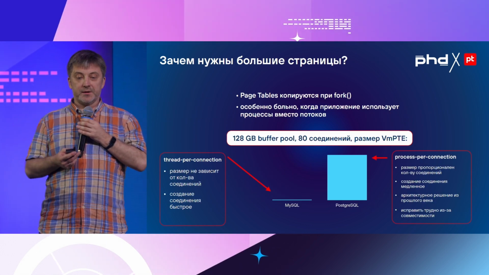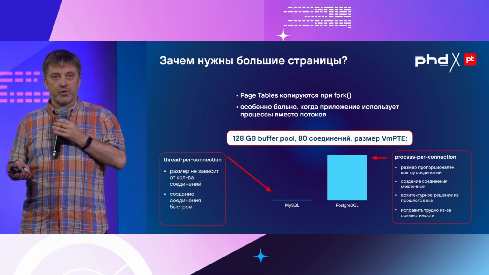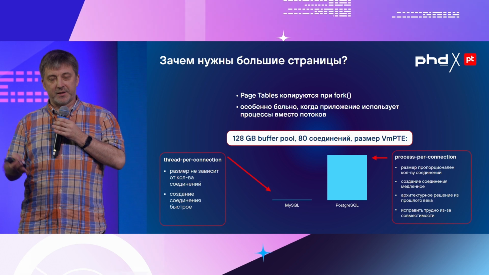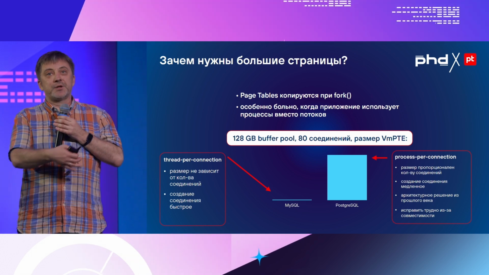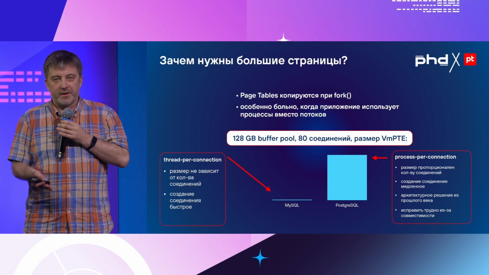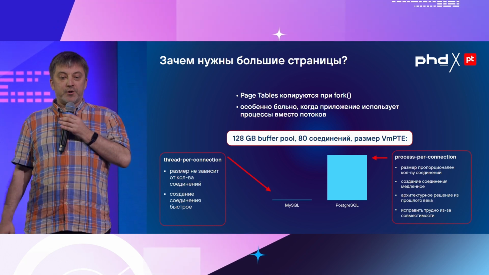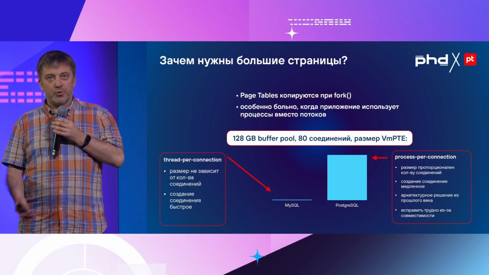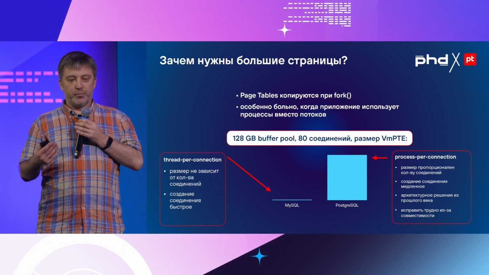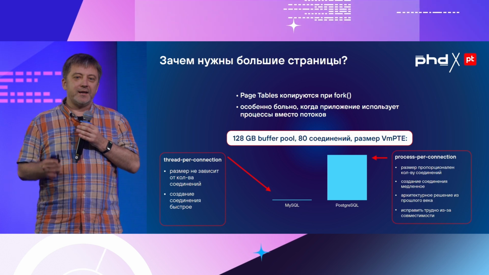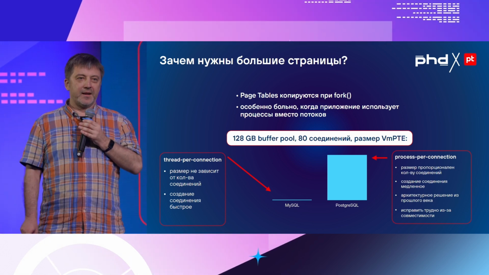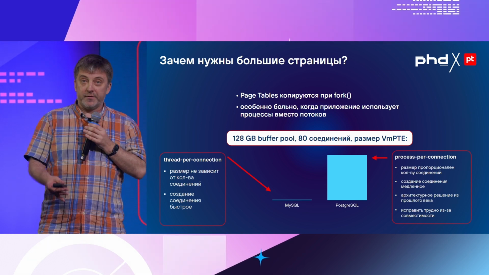Another peculiarity of this whole thing is that page tables are copied in the case of every fork, because processes inherit from the parent processes, and you have to modify the settings. One of the solutions to processes instead of threads, and there's this Postgres peculiarity that people talk about, but a little bit too rarely and too little.